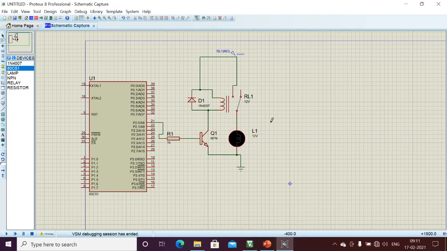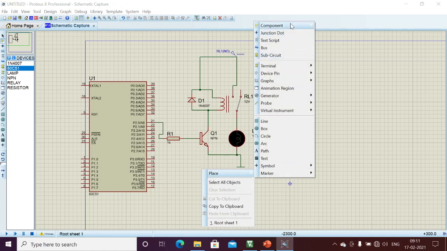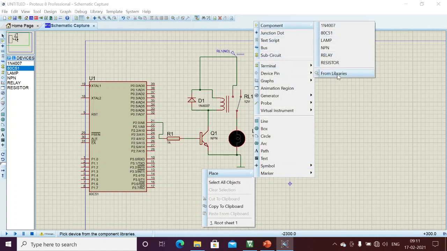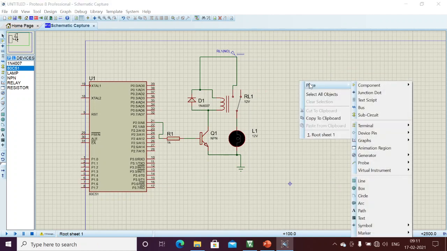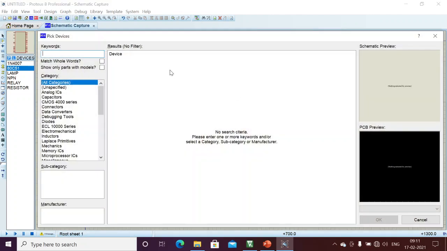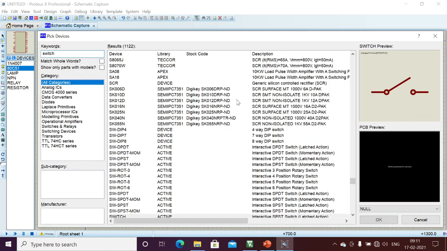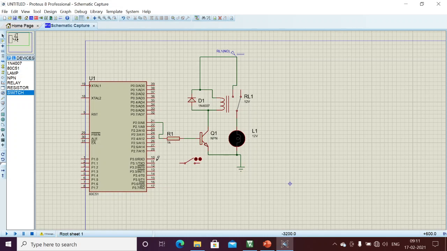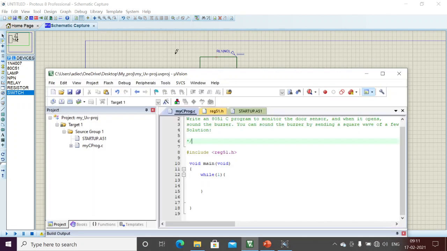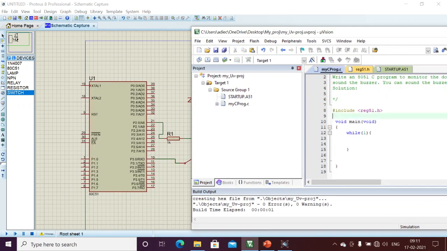And in a similar way, we'll write one simple program. Just as we operated one of the LEDs in the previous sessions, I'm going to operate this bulb by using this switch. Whenever the switch is pressed, I'm going to turn on the bulb. I'm going to write a simple program so that whenever this switch is pressed, this bulb turns on. Here we are using only two pins from the microcontroller. That's why, here, port 2 is one special function register, and port 3 is also a special function register.